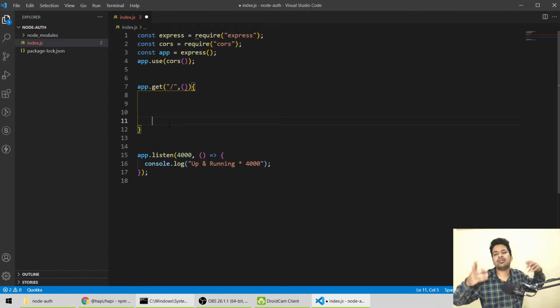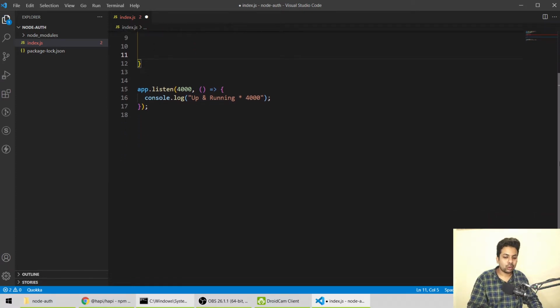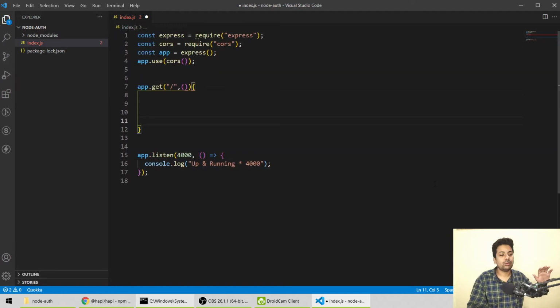Normally we have 20, 30 APIs in a normal app, but I'm just talking about 10 APIs. These 10 APIs will fill your whole page with 20,000 lines, and you will be confused about where you are or what you are doing. You will totally get confused. So that's why we use routes, which is called a router in Express.